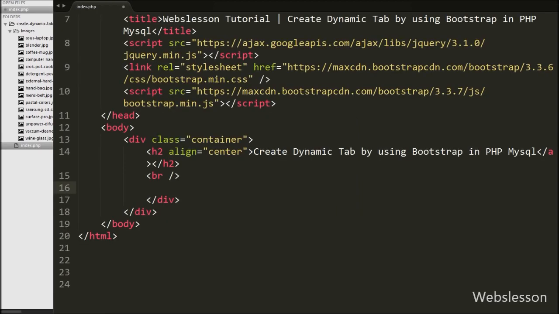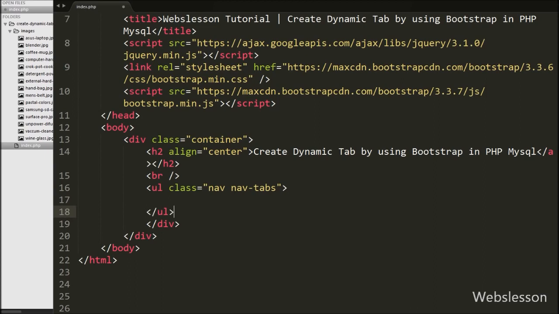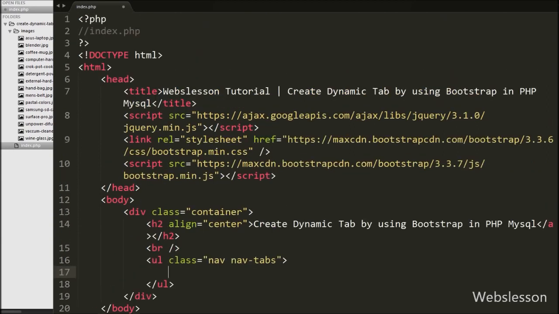First we want to create a simple tab by using Bootstrap, so here we have written an unordered list tag with the attribute class equal to nav and nav-tabs. In Bootstrap, tabs are created by using these nav and nav-tabs classes. Under this we want to make dynamic tabs from data fetched from the category table, so we have to write PHP